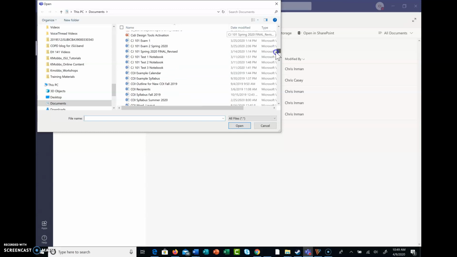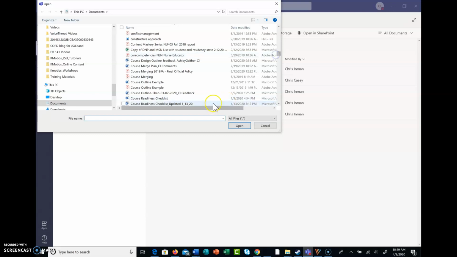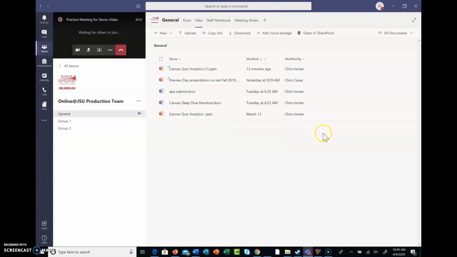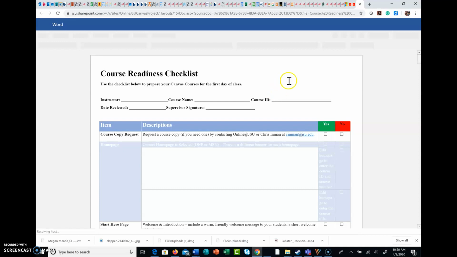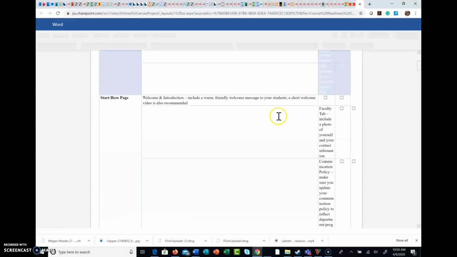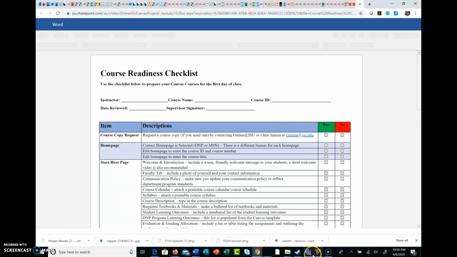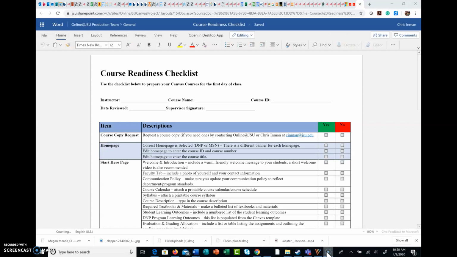Let's see. It'll load. So there we go. If I click on this button, I can do Open and Open in Word Online. And here's the check sheet. And then I can go back to